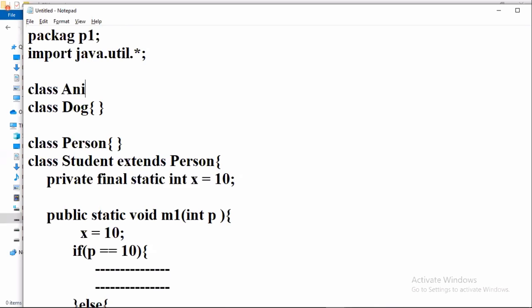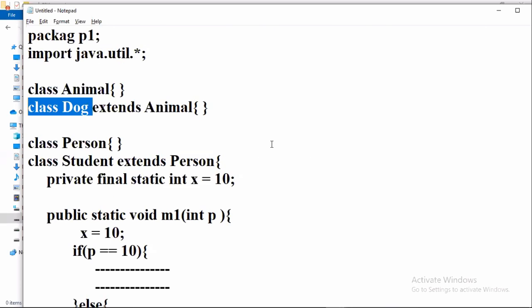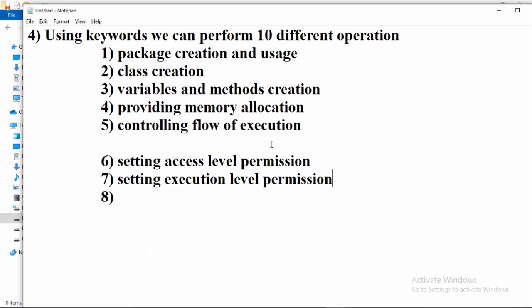Dog will say, I am an animal. You don't know that also. How can I say I am an animal? In a program, you must write extends from dog like this. Dog extends from animal. So that means whenever you are planning to create a class, you must not create the class just like that. You must create class with inheritance relation,